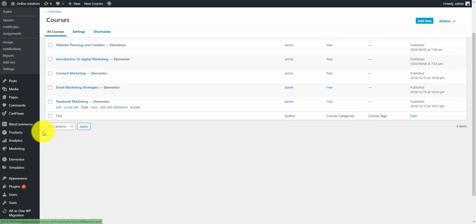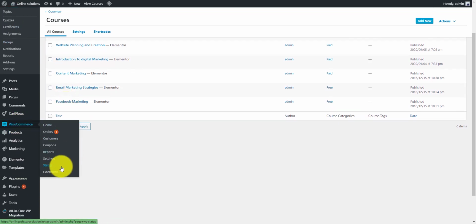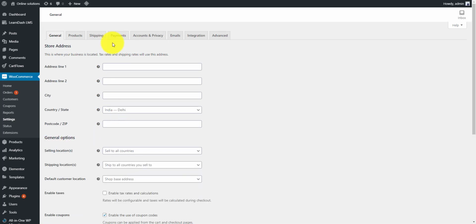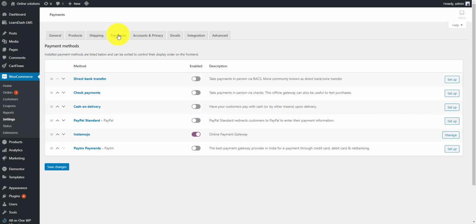Now if we are having some other payment gateway, we just simply need to go to the WooCommerce setting tab, and add that payment gateway through which we are working. So right now I am working with PayPal, and I am also working with InstaMojo, right?